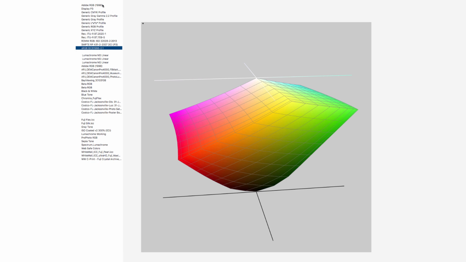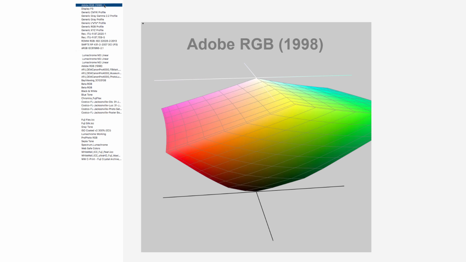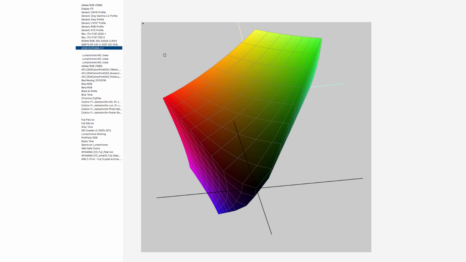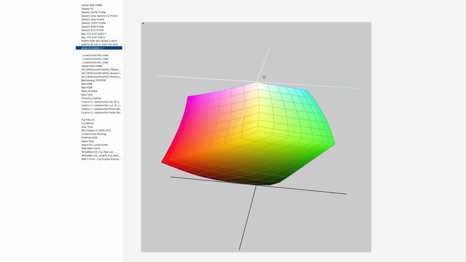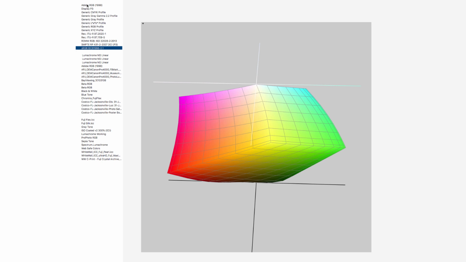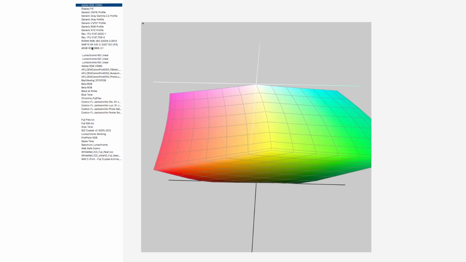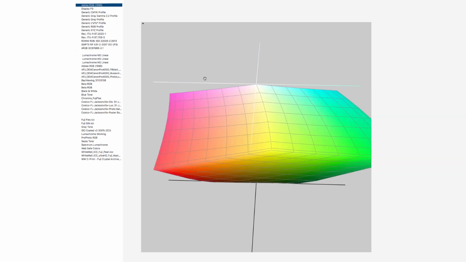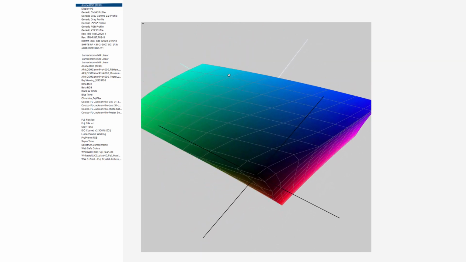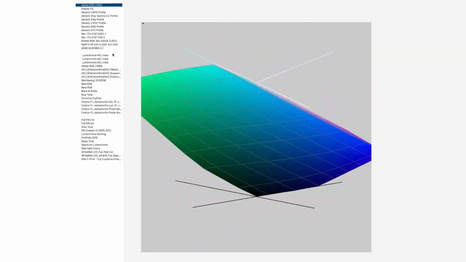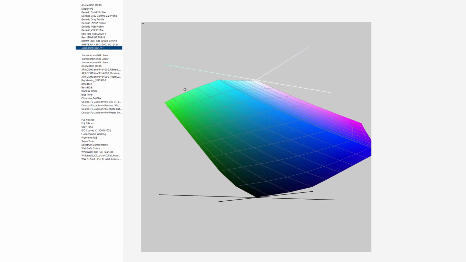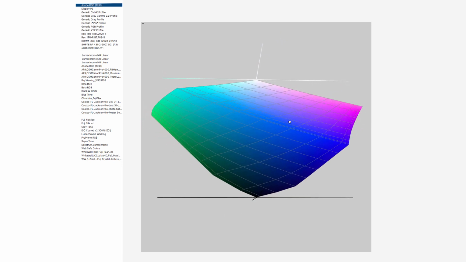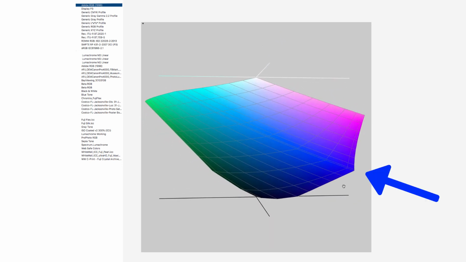But watch what happens when I click on Adobe RGB. I will go back to sRGB. Let's put it right here so you can see it better. Adobe RGB. It is a much, much wider color gamut. I'll put it right here. sRGB. And now go to Adobe. Now you will look and see that in the blue area,